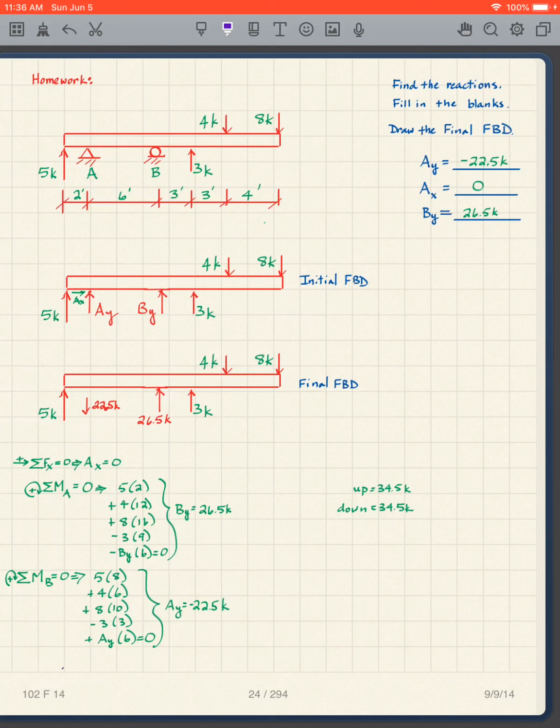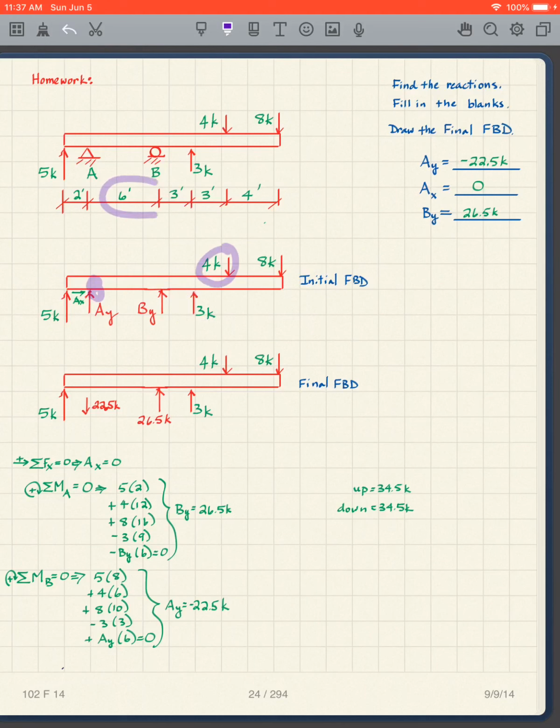Again, we have our free body diagram here, so we're working straight from this. Remember to work from the free body diagram. AX is 0, so we're going to skip that. I take moments about A, so I'm going to have 5 times 2, BY times 6, 3 times 9,